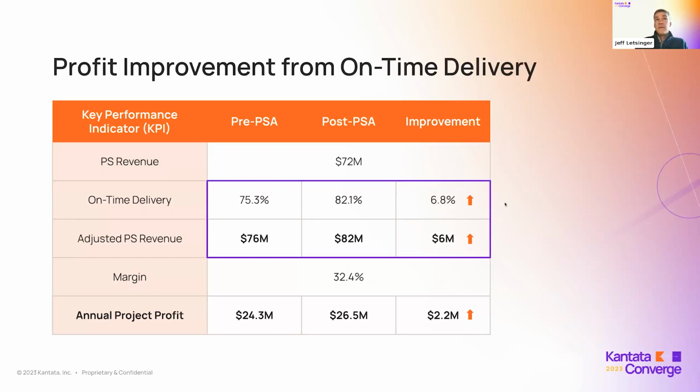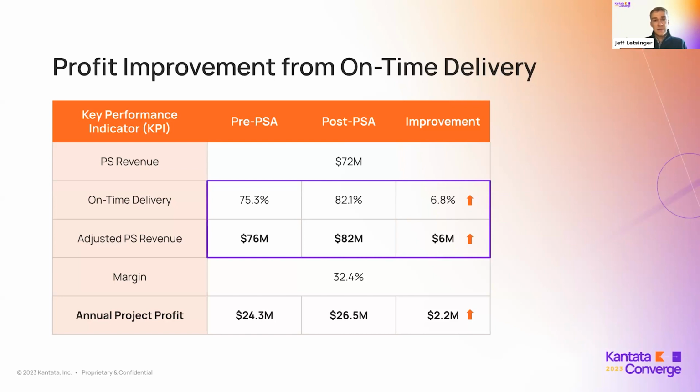The second one I want to share with you is the example for improvement in on-time delivery. Same KPIs on the left side here, but as we look pre-PSA and post-PSA, with revenue not changing here, if we're able to increase our on-time delivery from 75% to 82% of projects, that can help us drive an additional $6 million in revenue. And that's simply from being able to